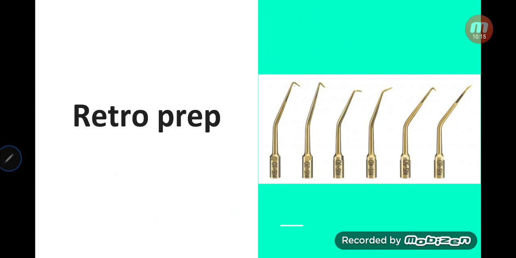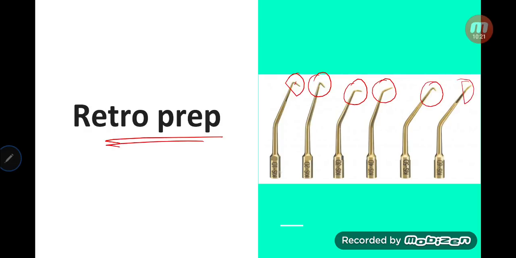Retro preparation, you can see a band here, right? You can see a band in almost all the files which are used as retro preparation files, which are also called, you can see here the word KISS. They're called KISS 10, 20, 30, 40 files, which are used for retro prep. Most favorite question of